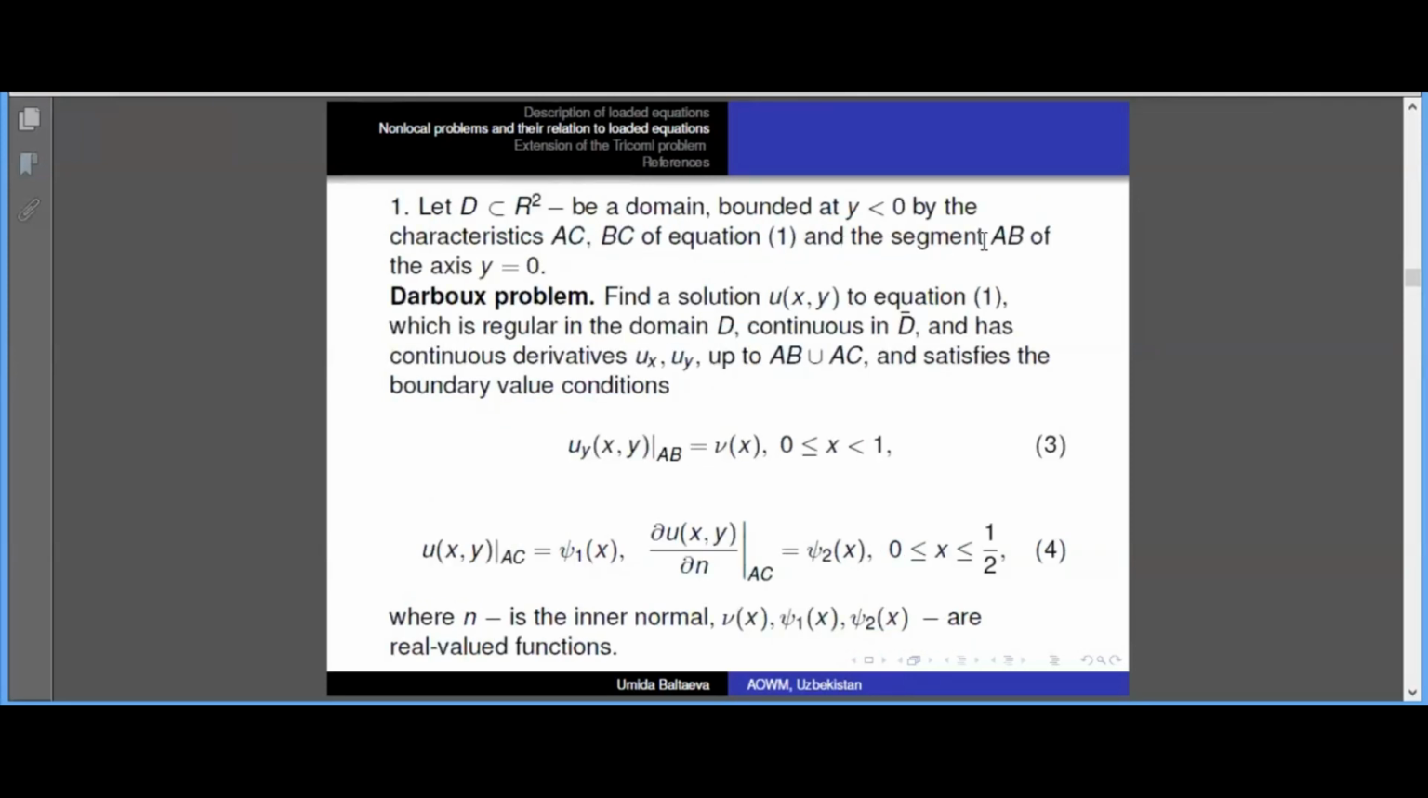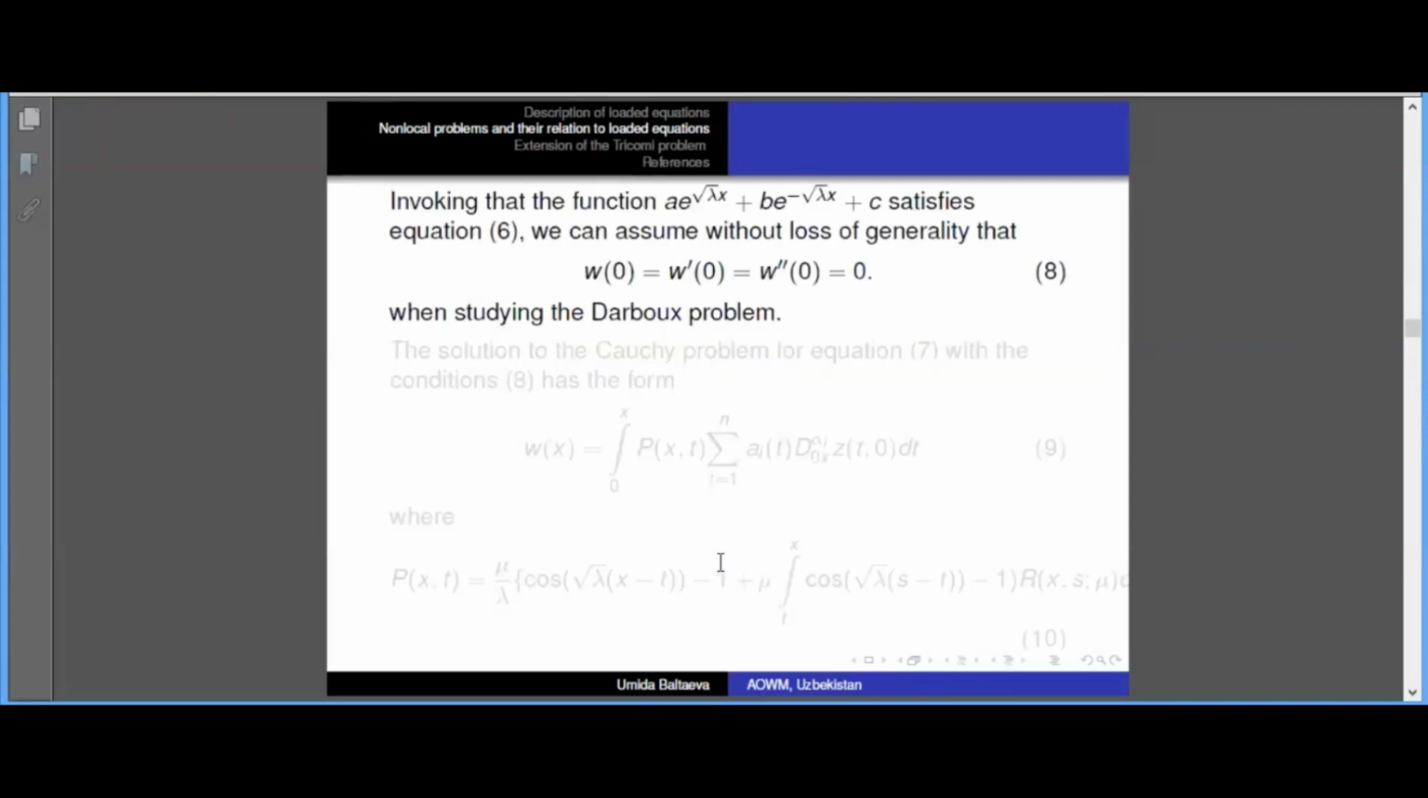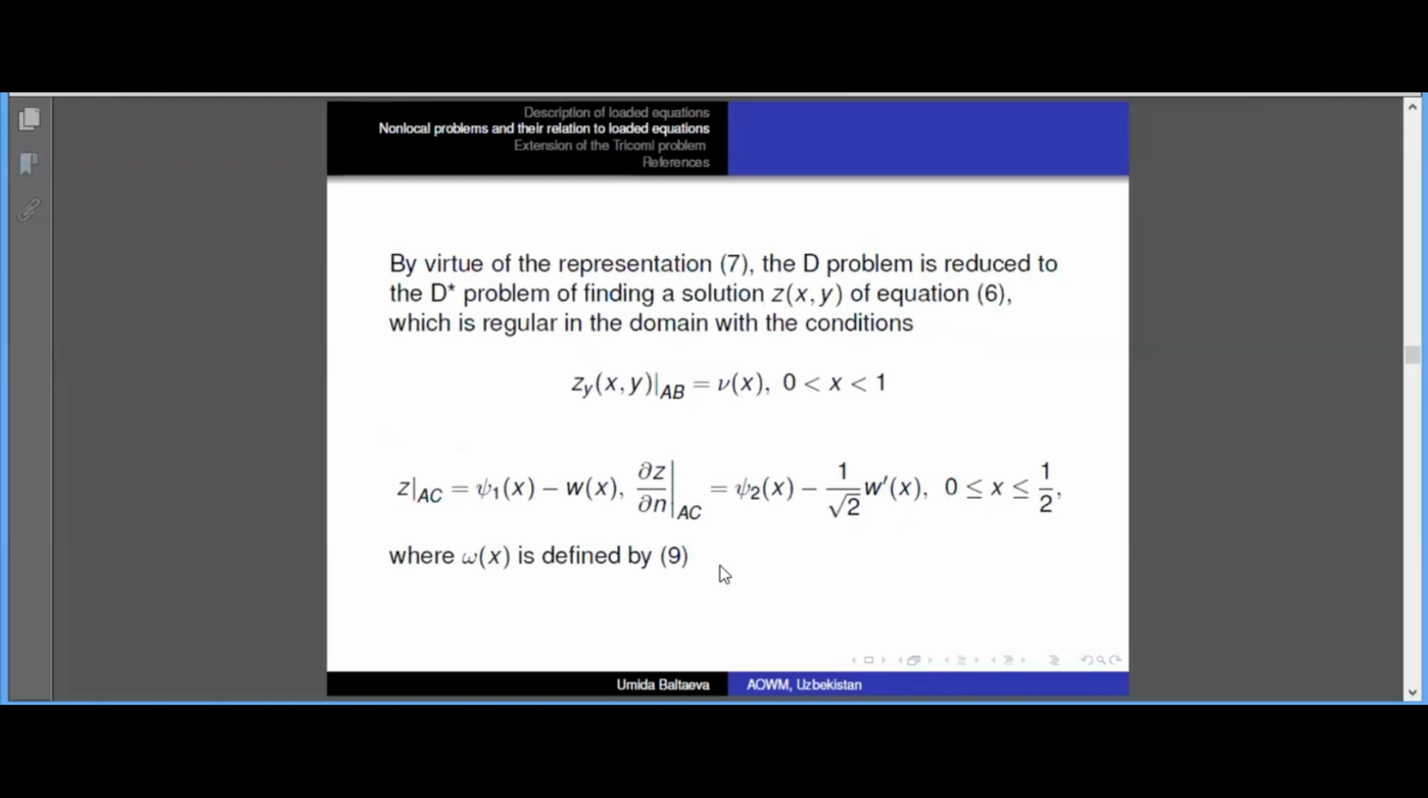And with the segment AB, y equal to 0, if we are searching our solution in the characteristic triangle, such as Darboux, this kind of local condition is given on the line AB as a function of mu of x, and the characteristic given as a function of u and normal. We can equivalently reduce this kind of non-local problem,